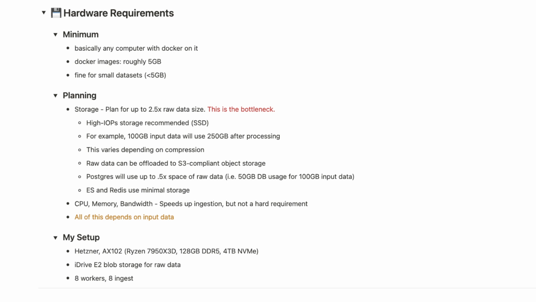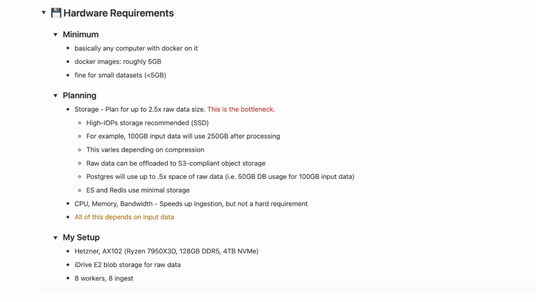Or whatever the numbers are. It will vary based on what your data is. So if it's text data, it's going to expand a decent amount because it's going to be trying to index a lot of text that it needs basically to put that in the database so it can process it. If it's images, it will be extracting very small amounts of data from the images.